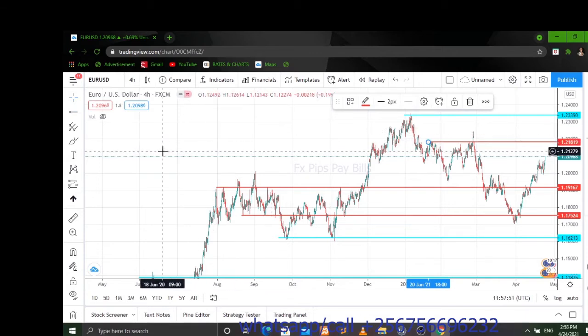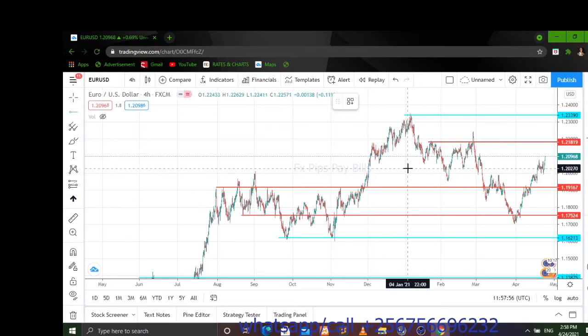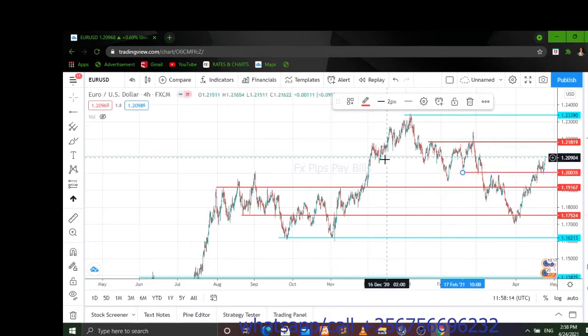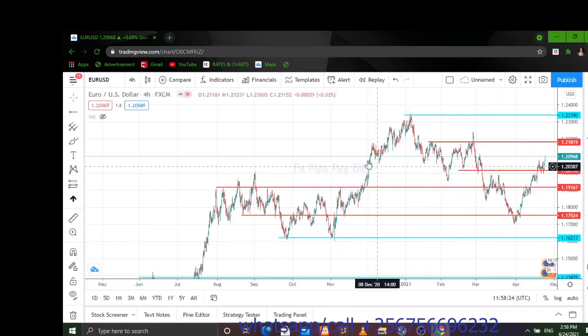Remember, we're on a 4-hour chart, so it is always good to use a 4-hour chart while drawing support and resistance. Any time frame would be okay, if you are trading according to that time frame. But remember, with forex, the longer the time frame, the more perfect your strategy becomes. So now we are going to have this even here. You can see here it has already bounced even here. So there's also a line there. We also have